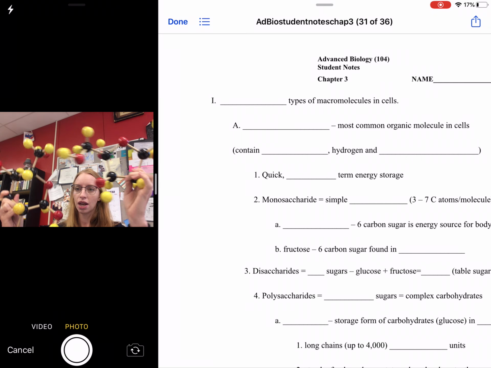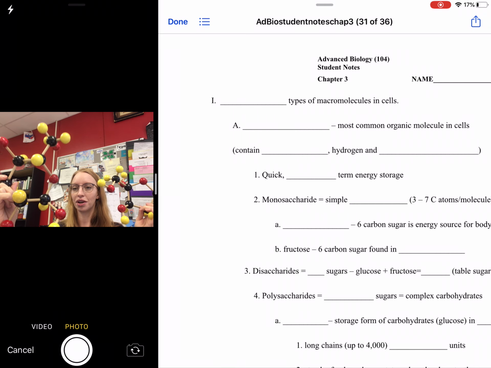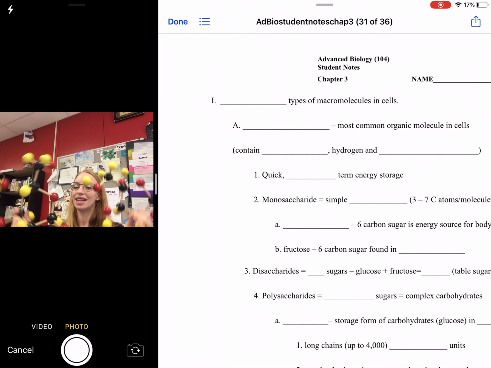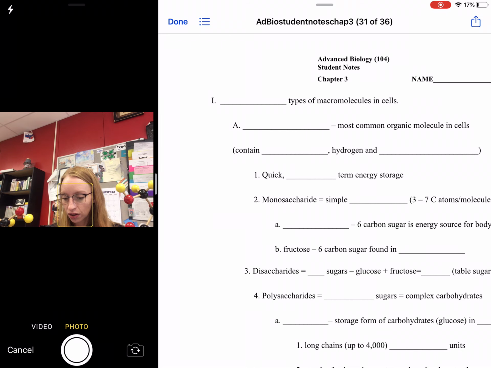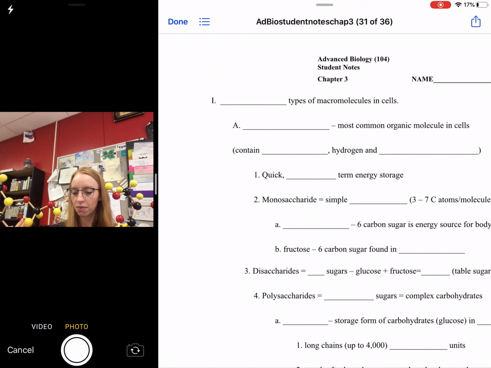So fructose and glucose. When you add them together through dehydration synthesis, you make sucrose, which is your table sugar. So that's your next one. The disaccharide is 2 sugars, glucose and fructose, makes sucrose, which is the sugar that you would add to your coffee, for example. And what happens in a dehydration synthesis reaction, I know this isn't part of your notes,